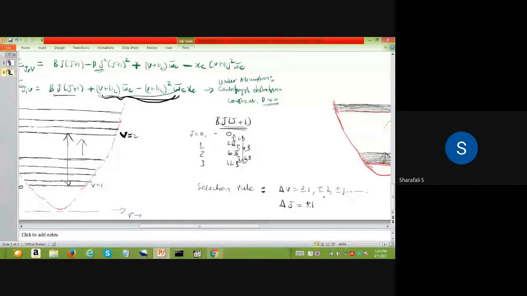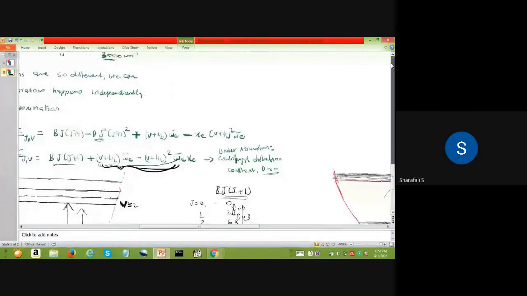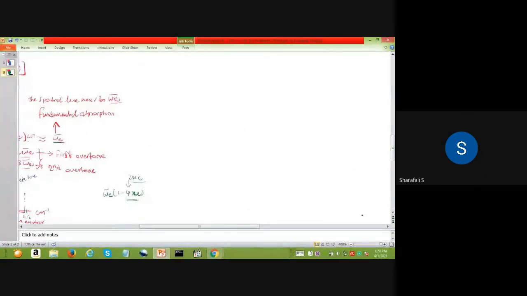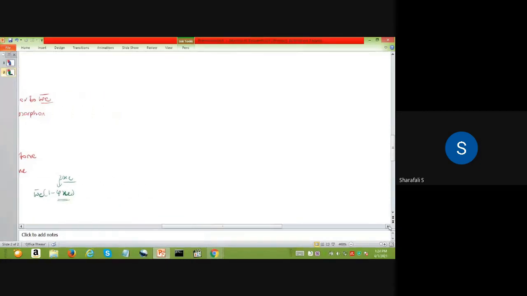And if you substitute this for a particular case, if you substitute that in the epsilon J comma V value, we have epsilon J comma V, which is equal to, as we already discussed, B into J into J plus 1 plus V plus half into omega E bar, minus V plus half square